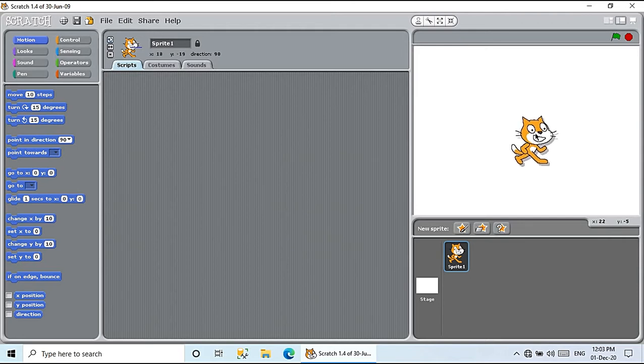Now when you have to work with this sprite, you have these two buttons on the top. You have your green flag for starting your script and this stop for stopping the activated script. Now for example, here I can give you a small example of this start and stop. Supposing I drag this coding, move 10 steps here. I'm making the steps a bit more so that you can see. If I click on move 50 steps, if I double click on the script, you can see the movement of the sprite.